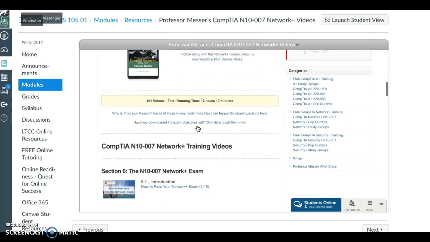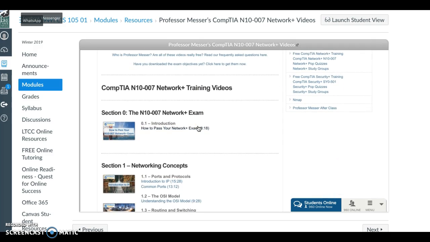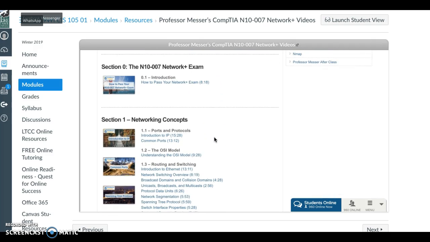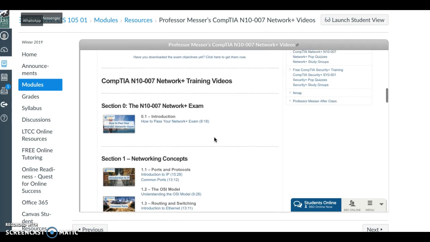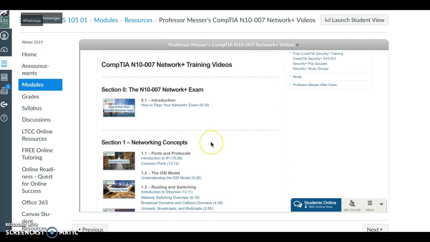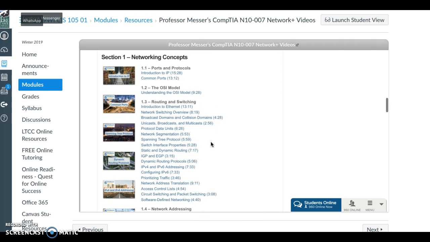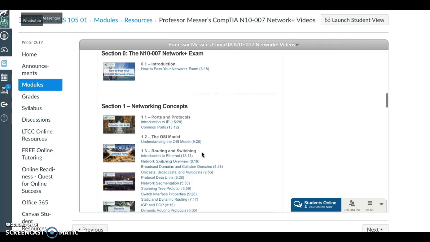You scroll down, and then every single objective is listed in the same way that we had them listed before, and our networking concepts, and they're all in the order of the objectives. And if you look at the cover of your textbook, the inside maps all of these to the objectives to your chapters. But bottom line is, if you're wondering about routing and switching or the OSI model, it's right there.